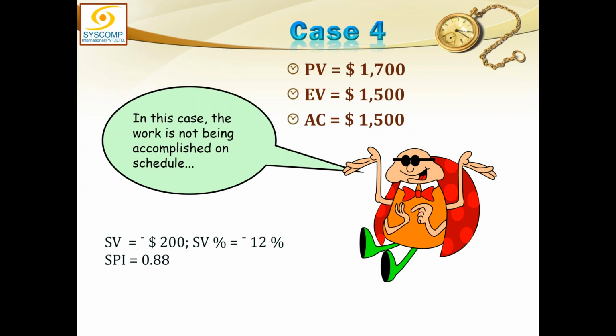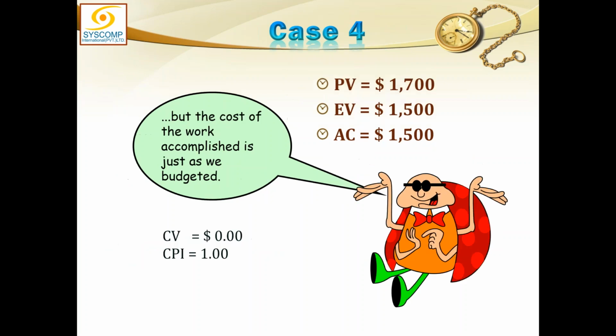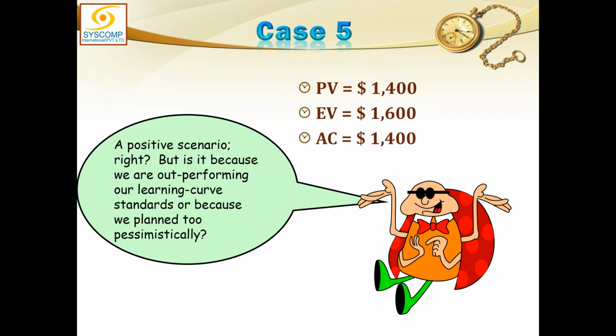यहां क्या है, 1700, 1500, 1500। काम कम किया है मगर ऑन कॉस्ट है। शेड्यूल में पीछे है 200, लेकिन जितना काम किया उतने ही पैसे खर्च किए। यहां केस 5 में अर्न्ड वैल्यू 1600 है, प्लान्ड वैल्यू 1400, एसी भी 1400। मतलब आप शेड्यूल में भी ज्यादा हैं और पैसे भी कम खर्च कर रहे हैं।